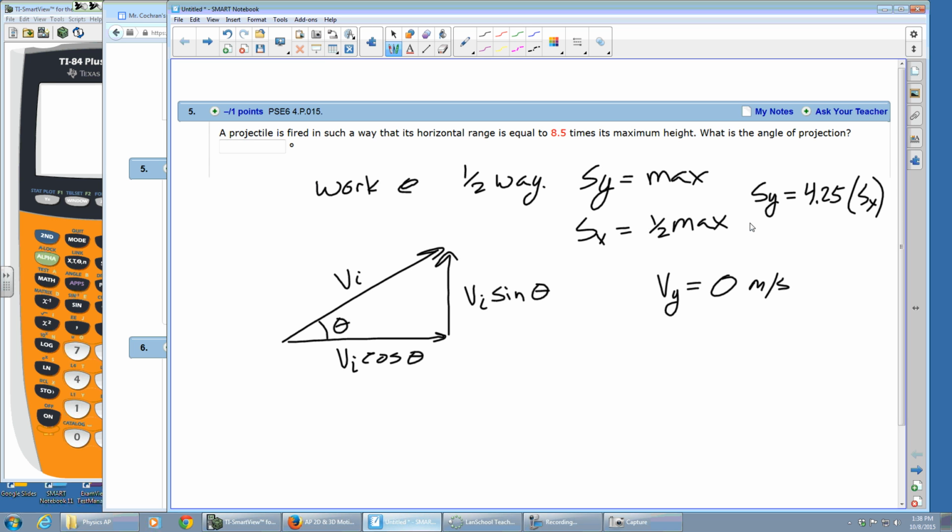No, sorry. 2 times 17, Sx, right? Because Sx is half of my total range, so 17 times half is the same as 8.5 times the whole. Weird way to say that, but